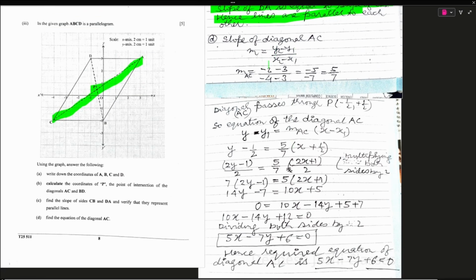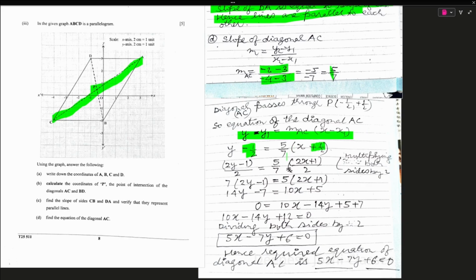In the last part, we have to find the equation of diagonal AC. This is diagonal AC. For this, we will use the concept of the equation of a line passing through a point. Slope of this line is y2 minus y1 upon x2 minus x1. We have already got the coordinates of A and C. On putting the values, we have minus 5 upon minus 7. Minus will cancel out, we have 5 upon 7. Now the equation of the line is given by the formula y minus y1 is equal to slope into x minus x1. The value of y1 is half and the value of x1 is minus half.